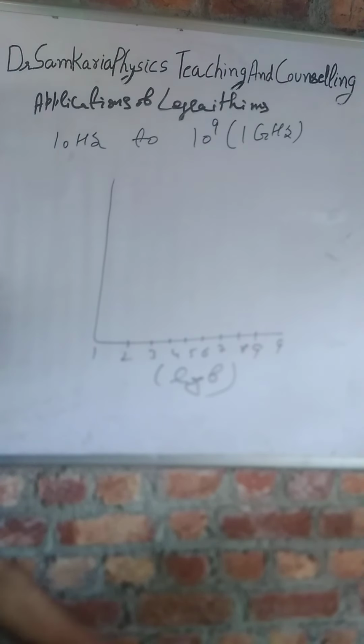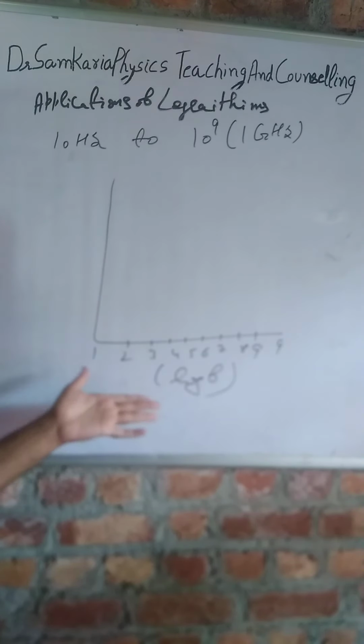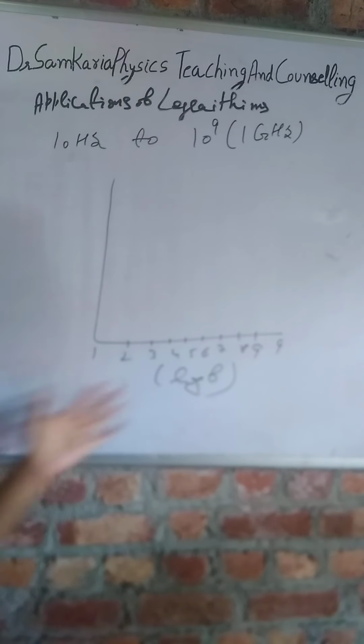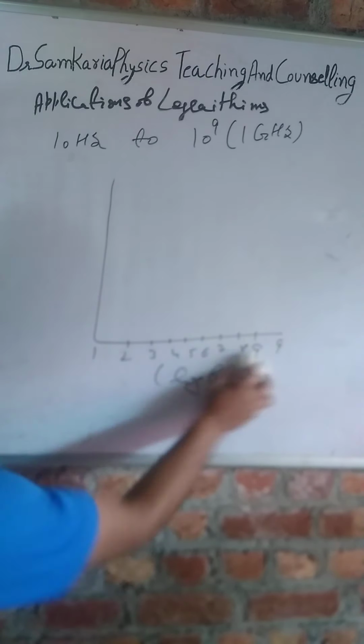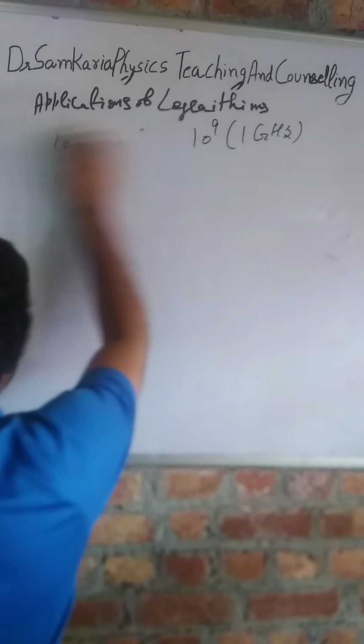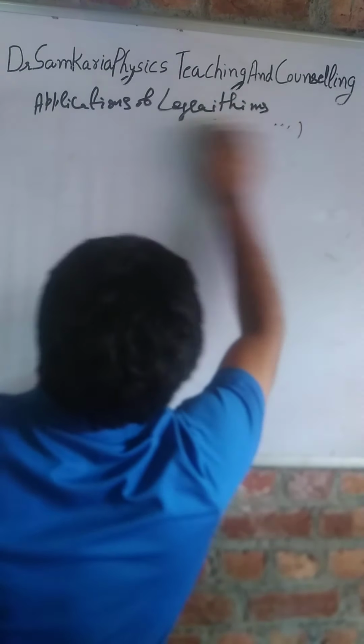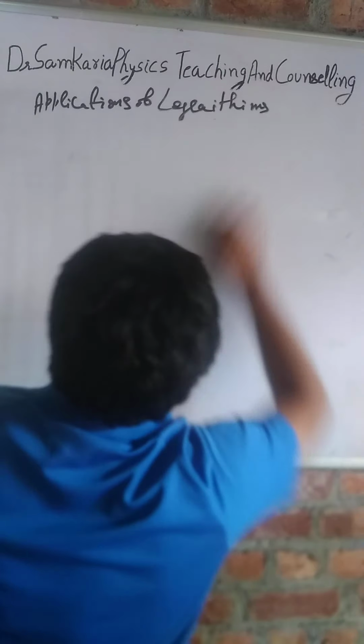So this is the basic idea that I would like to bring to you, because when you study graphs in any science stream like physics, chemistry, or even biology, these logarithmic graphs are there. So you should know the meaning of this quantity when the graph is on a log scale. So students, I think I have given you enough understanding of the logarithms.